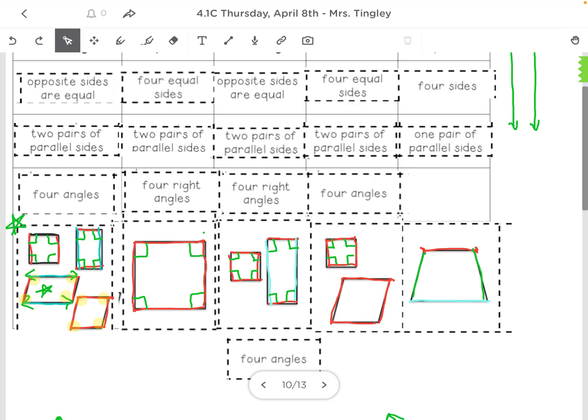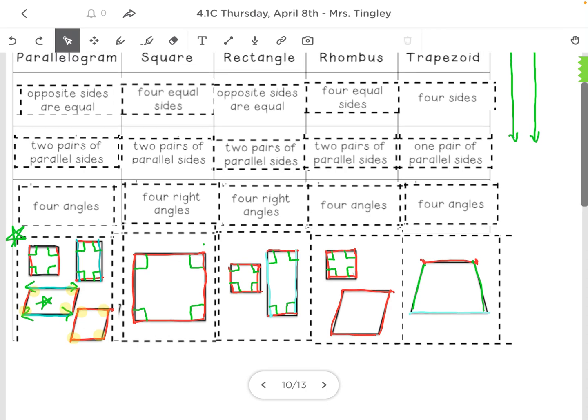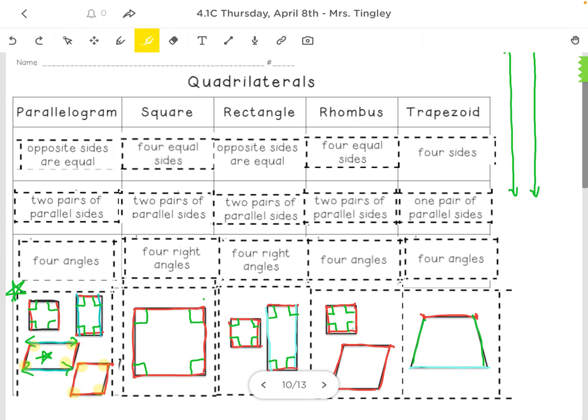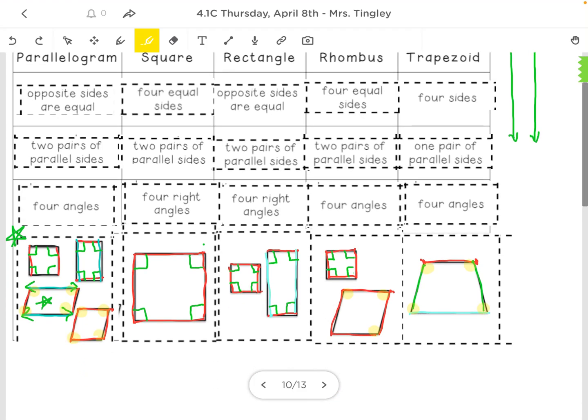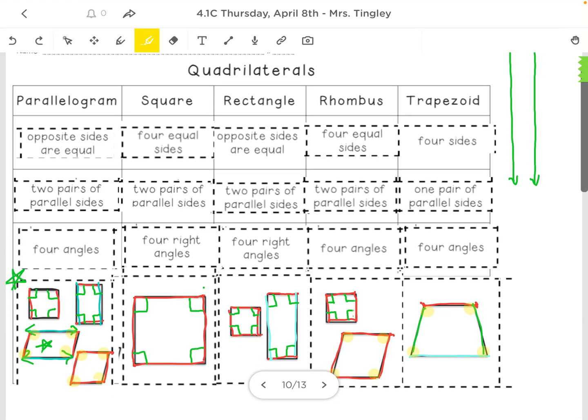And finally, for our last two, rhombus. That kind of looks like a kite. A kite is a type of rhombus, or a rhombus is a type of kite. That's another shape. And a trapezoid also just has 4 corners. Go ahead and highlight those 4 corners. Once you have put these in the appropriate place and made the squared corners and labeled the angles, you can move